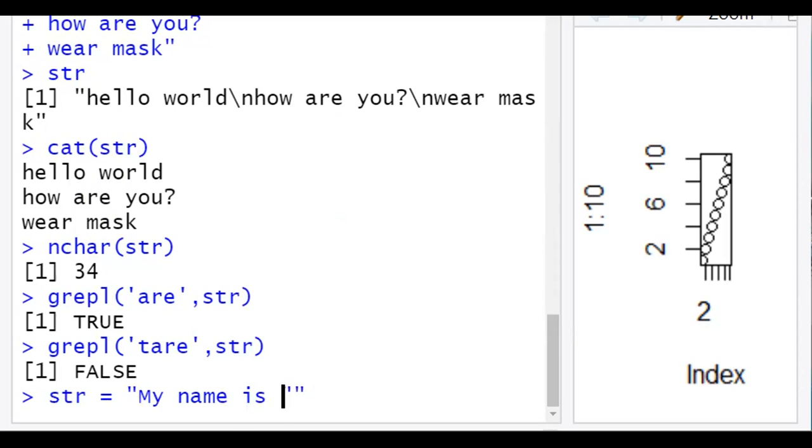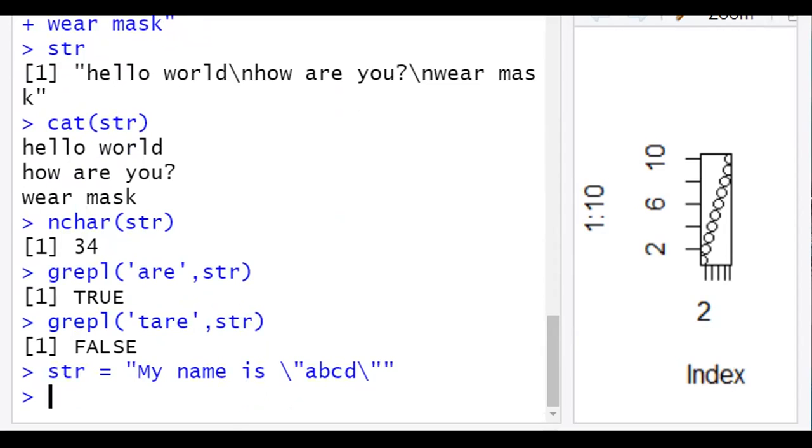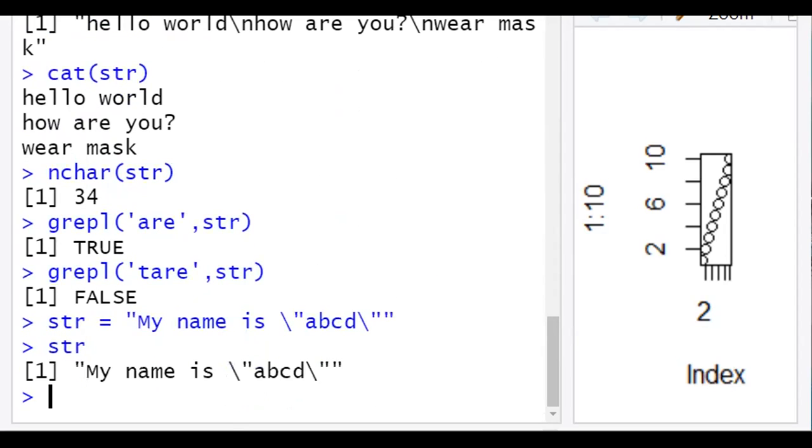Then we need to escape this character, and write it like this. Now if I print str, it is printed with the escapes.